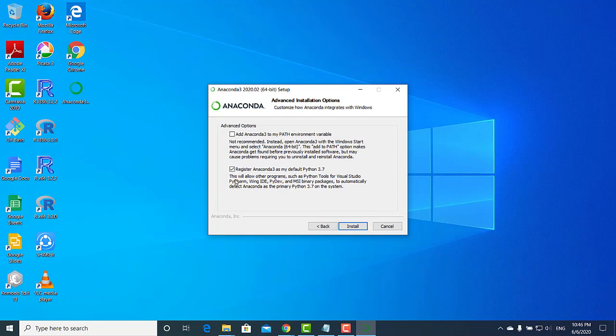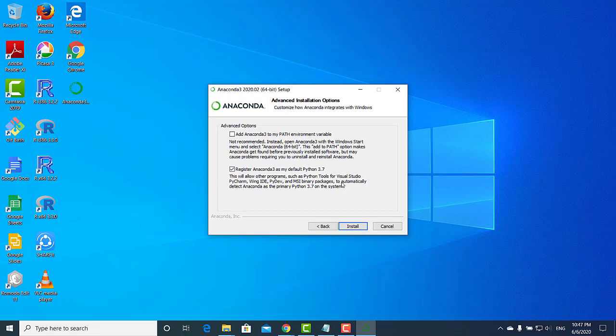Here it is written that this will allow other programs such as Python tools for Visual Studio, PyCharm, Wing IDE, PyDev, and MSI binary packages to automatically detect Anaconda as the primary Python 3.7 on their systems.